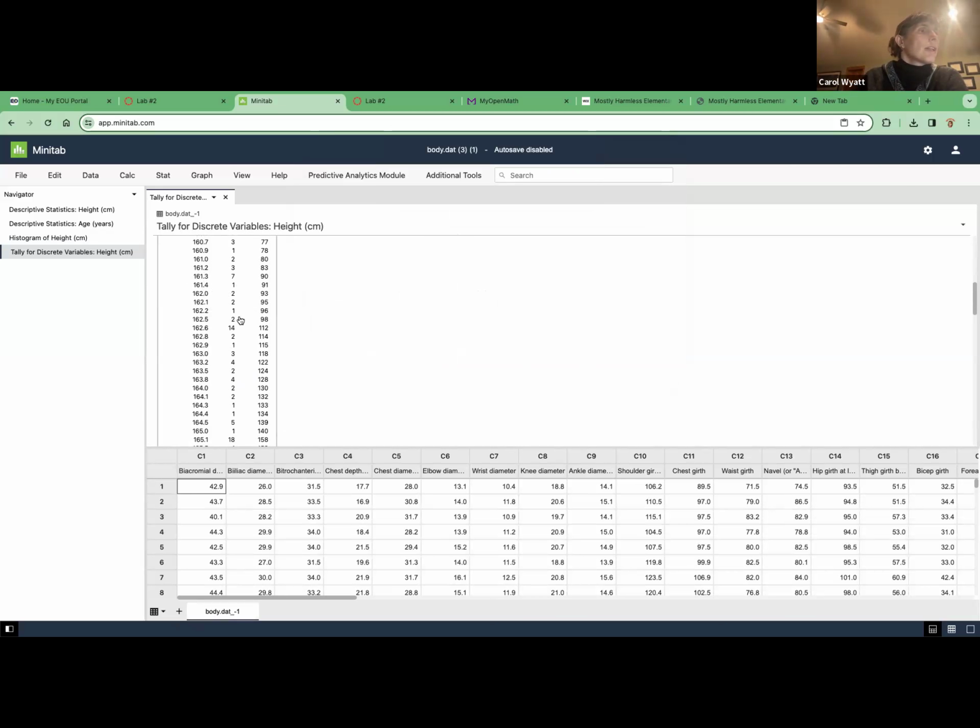We have, and I could just count these all the way up. So let's see, at 161.4, we get up to 91, right? So there are 91 below that. And we go up to 181.5. There are 435 up to 181. So if I go 435 minus 91,